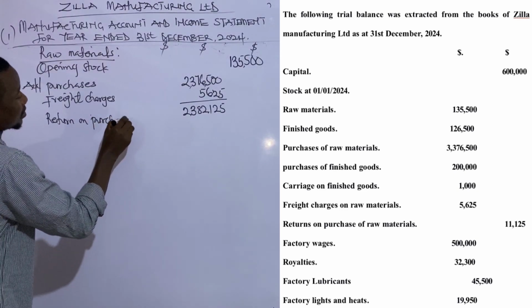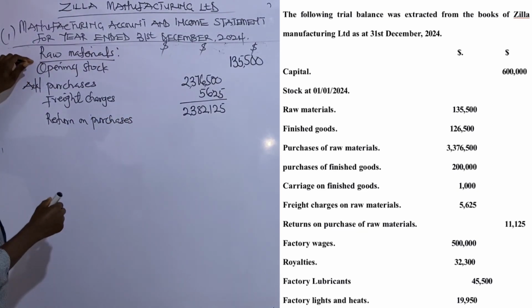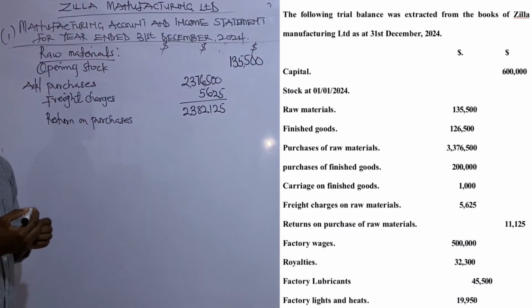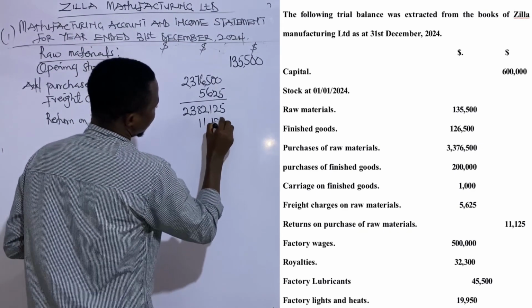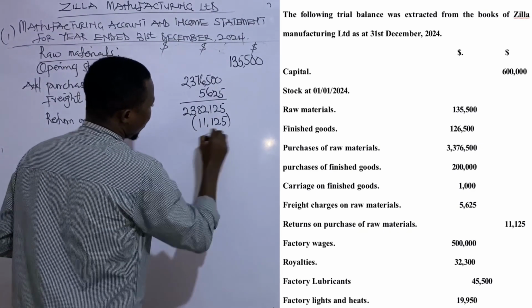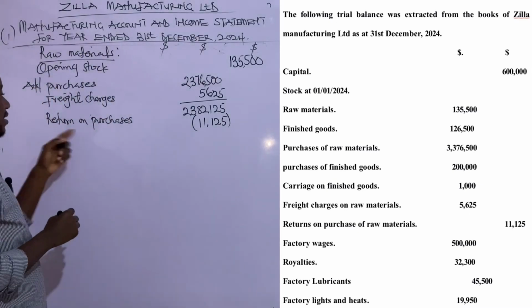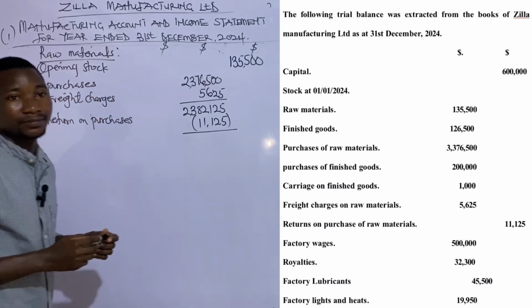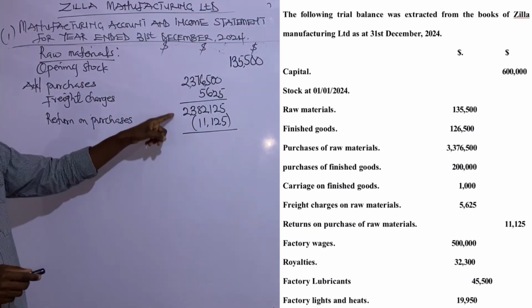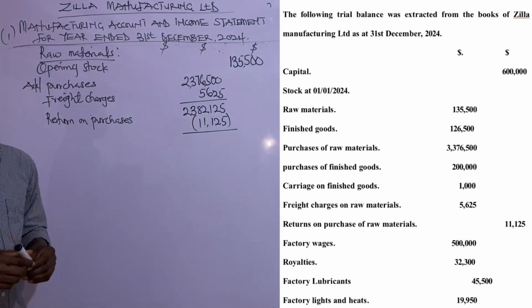Return on purchases of raw materials, and the amount is $11,125. Whenever we make a return, we subtract. So less return of purchases on raw materials. Good. Now, when we subtract this, we arrive at an amount of